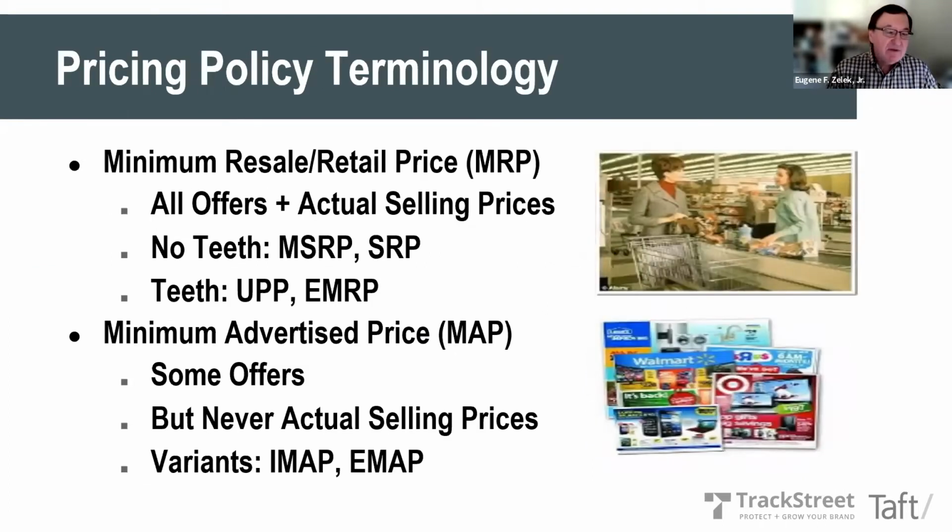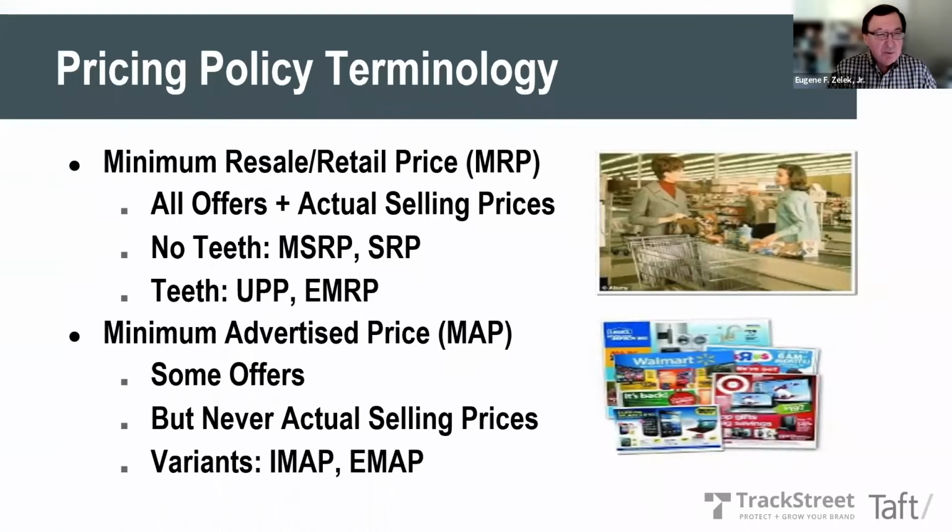So another issue here is pricing terminology. And those of you that may have attended our last webinar, which I think was September 1st that we did with Track Street, we talked about sort of the alphabet soup of these things. And so some of the slides here duplicate what we talked about before, which is sort of necessary to set things up. But obviously there's other new material that you'll see shortly if you haven't already. But in the area of terminology, there's a lot of confusion in terms of what's what. And a lot of people talk about pricing policies as MAP policies, period, where it's much richer than that.